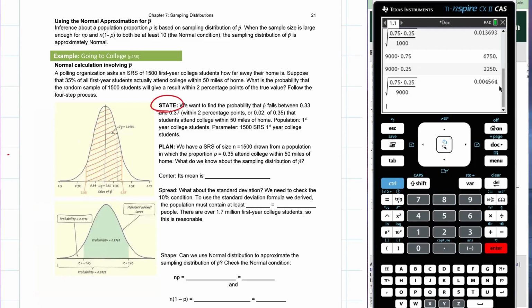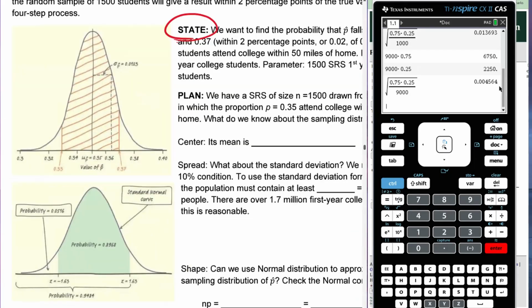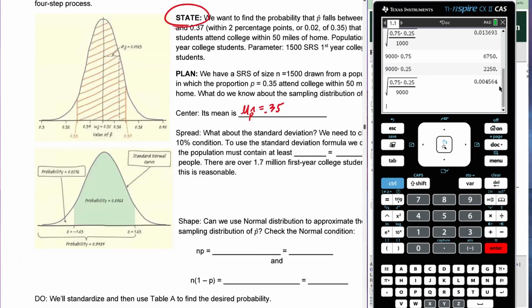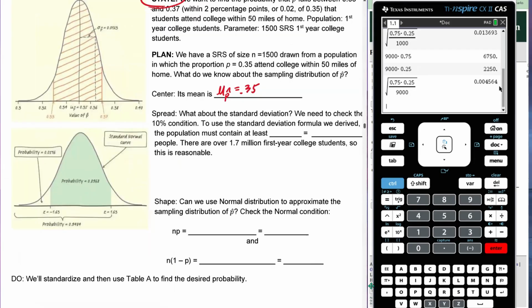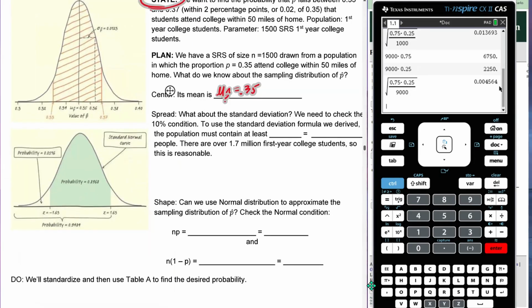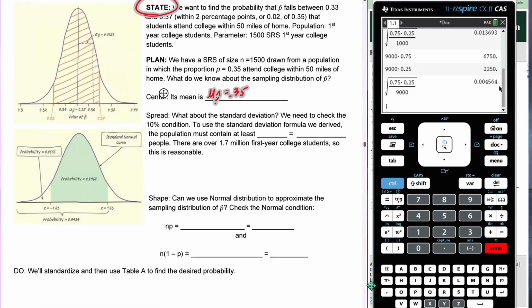For example, the sampling distribution of p-hat has a particular mean, and that mean is 0.35 because it's the same as the population mean. We know that the spread has a particular value because when we check the 10% condition, we know that